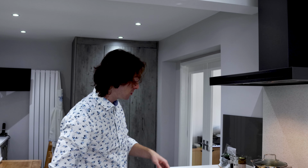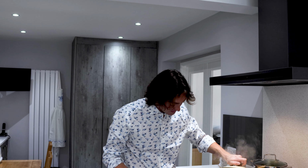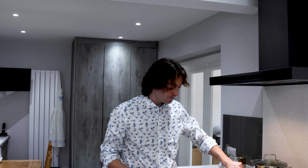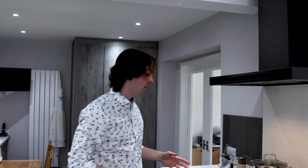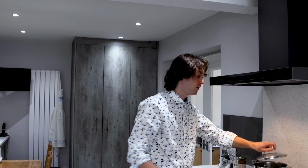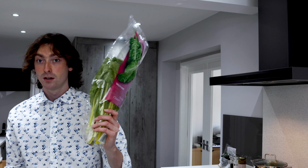Okay, so at this point we have the base part of the stew coming together, bubbling away in this pot. We have our carrots, our spring onions, our garlic, our leek and our potatoes. And I've prepared to go with this, in this steamer over here, probably just on the edge of frame, some tender stem broccoli, which we're going to steam off once we get close to the finish point, and that will go in alongside this,